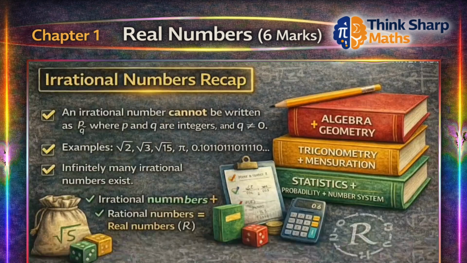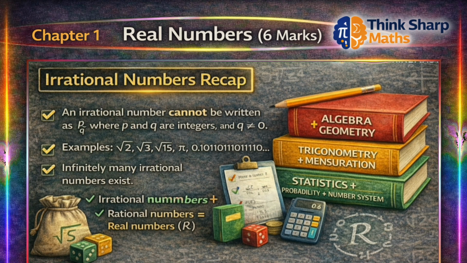In that you studied that an irrational number cannot be written in the form p by q, where p and q are integers and q is not equal to 0. You can write a rational number in the form p by q but not an irrational number. Examples given in your class 9 book: root 2, root 3, root 15, pi, these all are irrational numbers. Root 16 is not an irrational number, which means perfect squares are not irrational, because root 16 can be written as 4. One more example was given in your NCERT book as well: